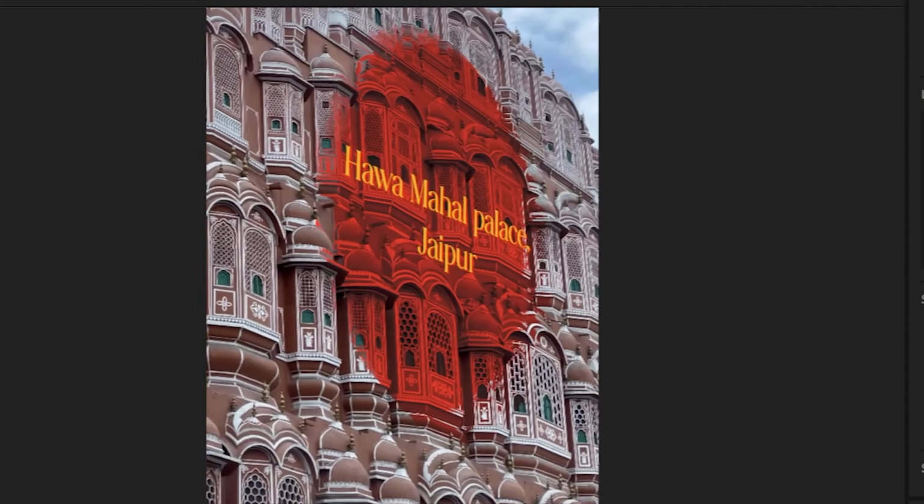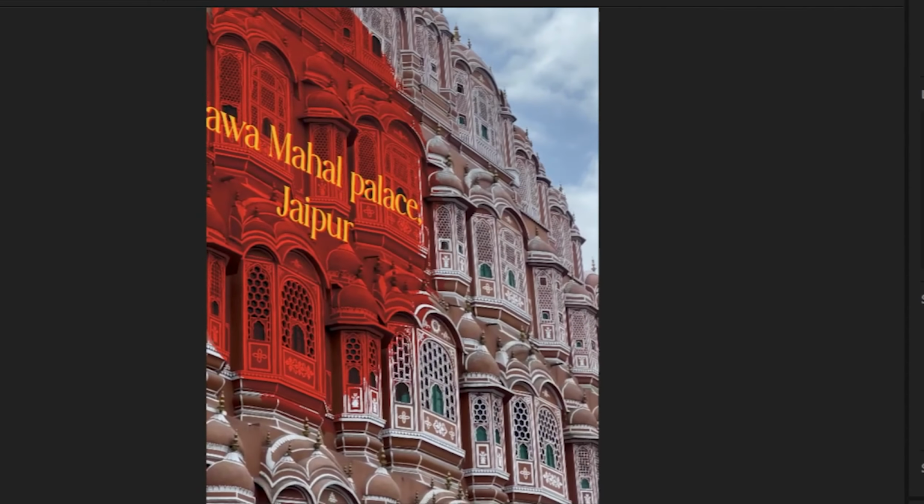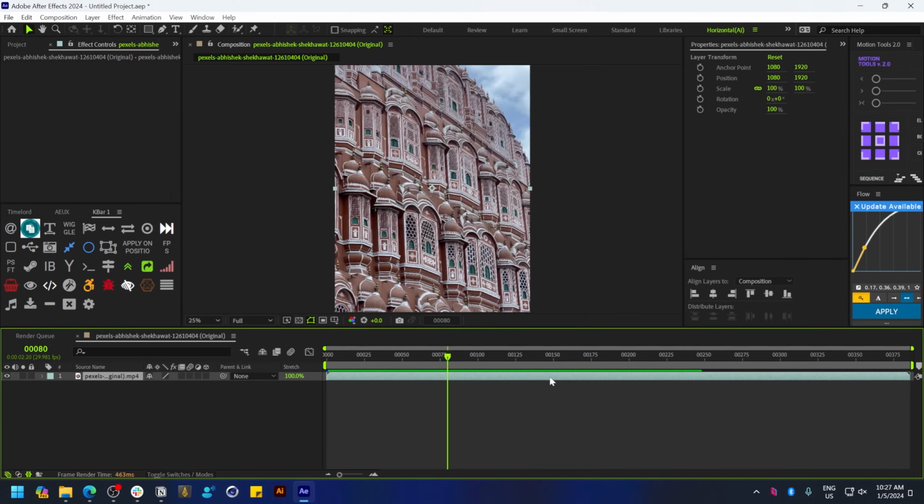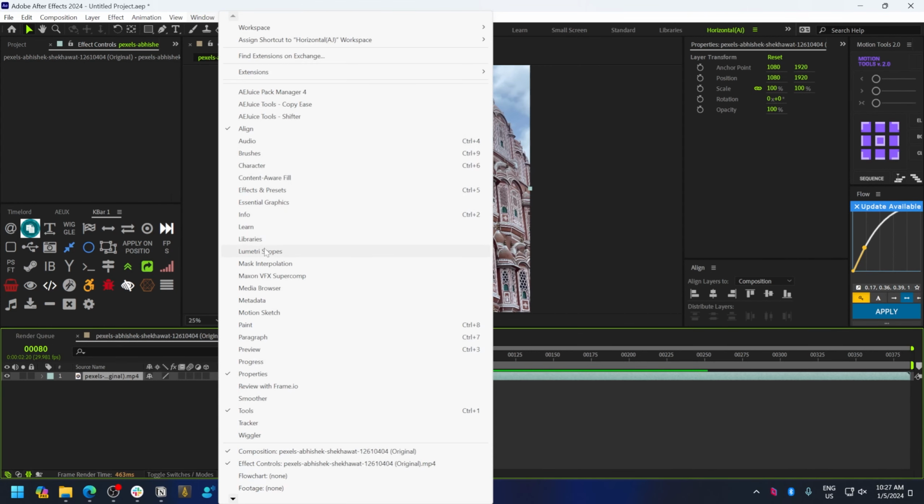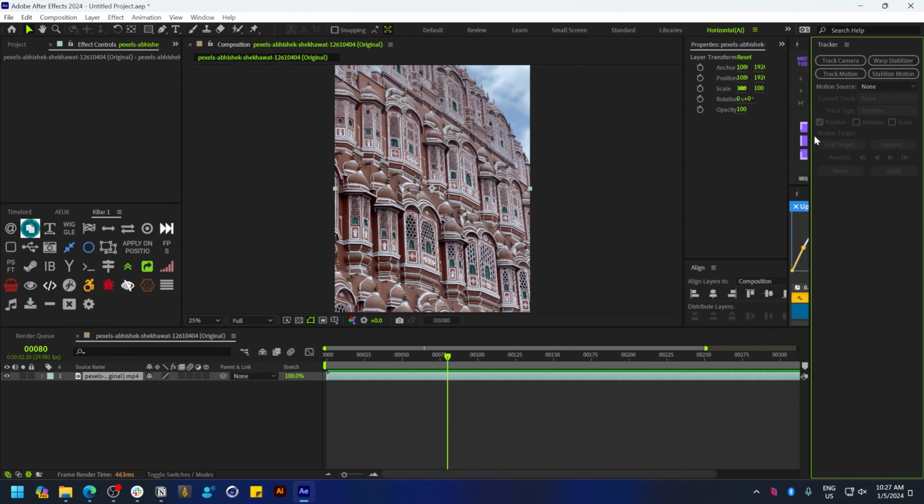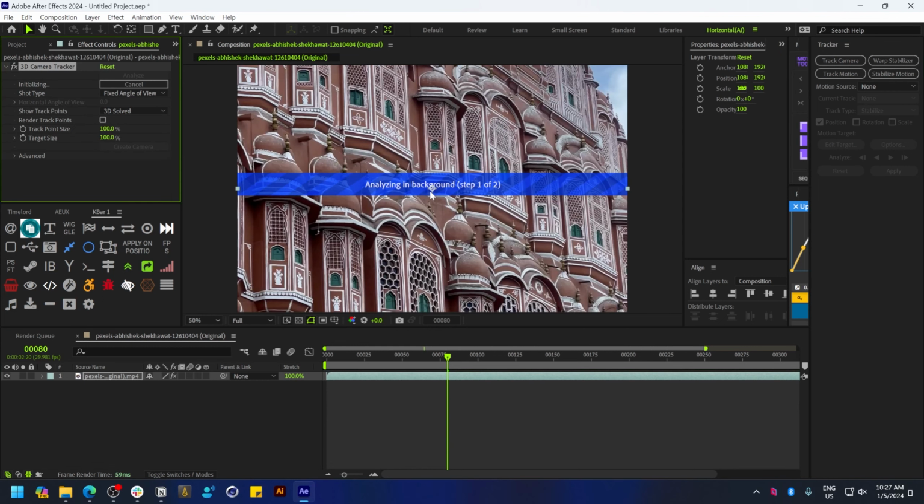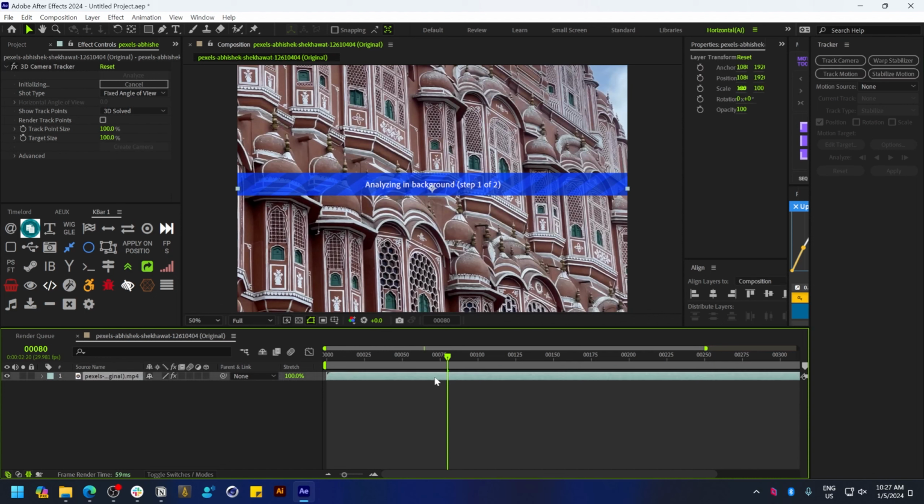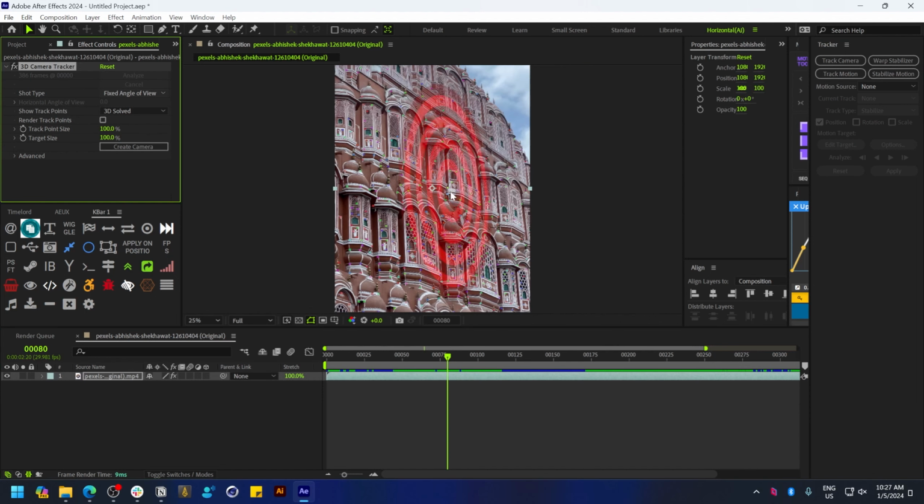Here's a super quick tutorial on how to make objects or text stick to a wall. Click on Window and select Tracker, and click on Track Camera. This will look for tracking points on your footage, and once it has completed analyzing the footage, pick a target